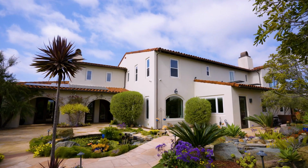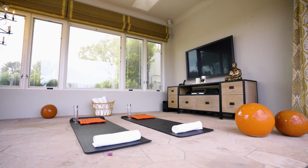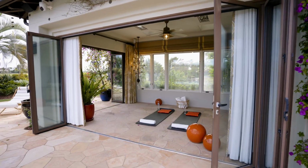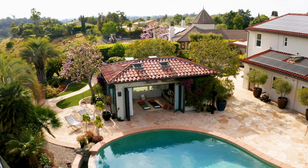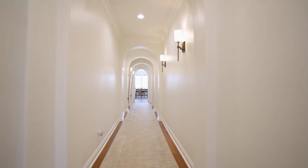Additionally, there's a separate pool house with California doors that open up completely, perfect for that Zen, meditation, yoga room, along with a detached full bathroom. This home offers 5 bedrooms, 6 bathrooms,